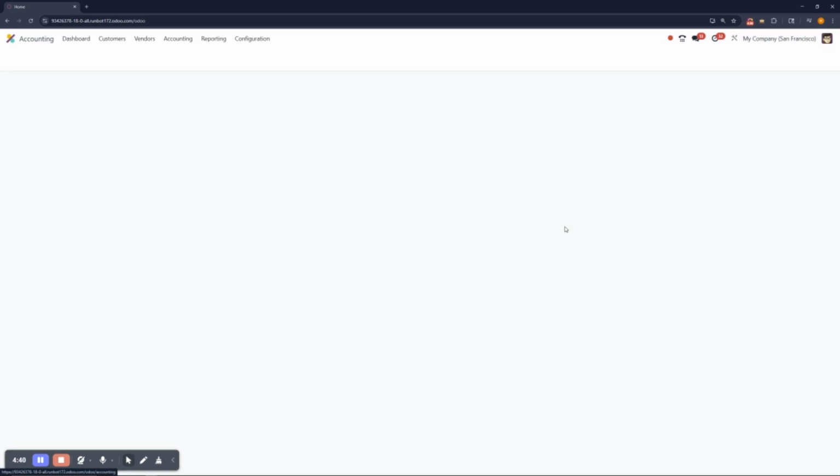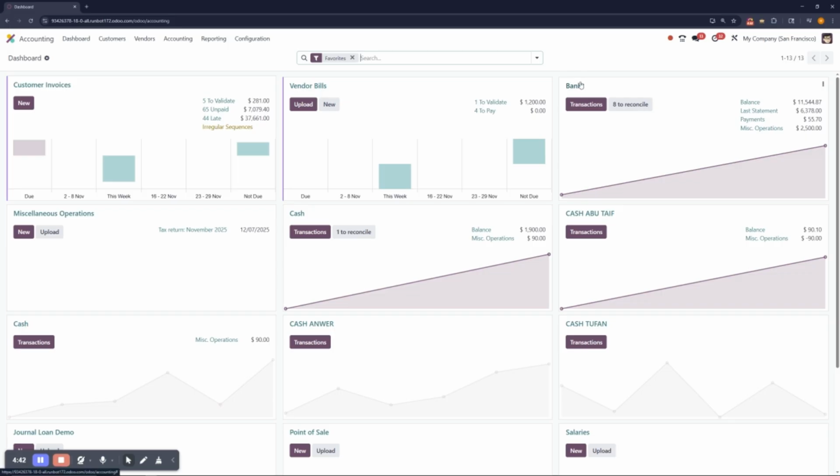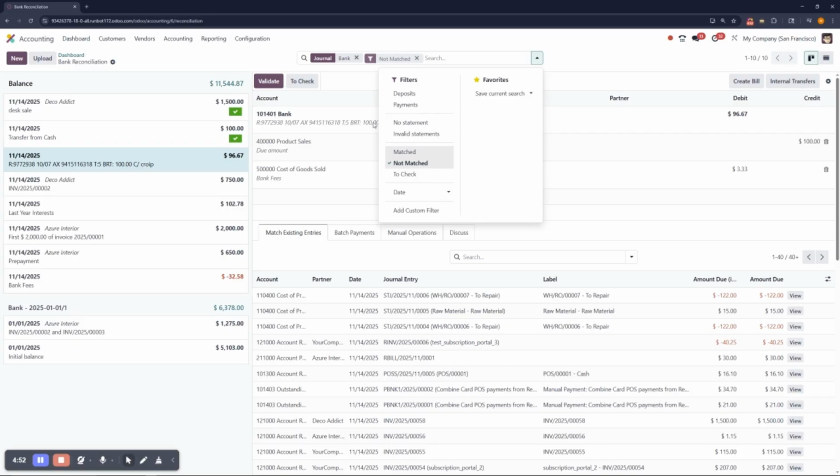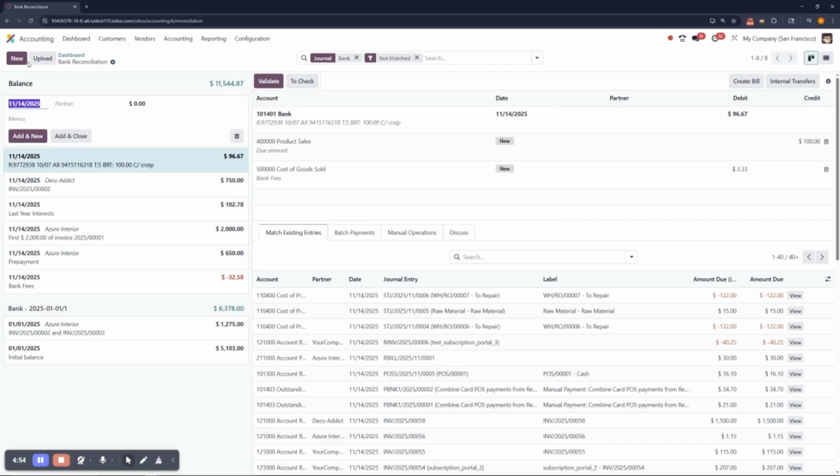So let's go to our accounting app. And here is our bank journal. So I'll hit my bank journal and we'll go ahead and create a new bank statement. So typically when you enter into the bank journal, you'll already have the filter not matched. So I just want to show you what it looks like when you remove it, and we'll go through that together. So I'm going to post this as today, and I'll put payment for desks, and I'm going to put